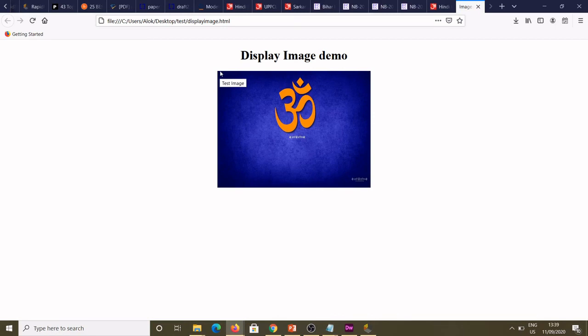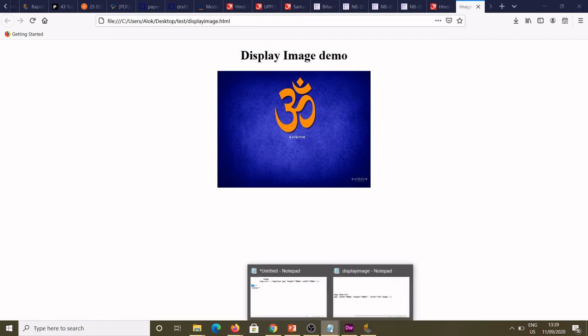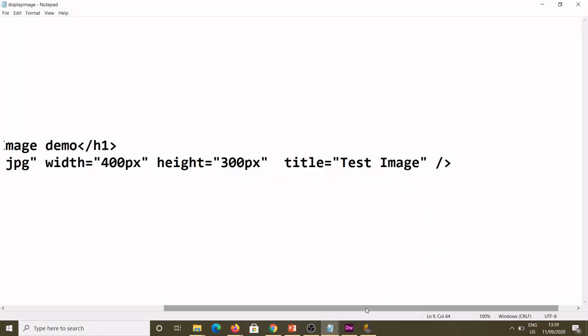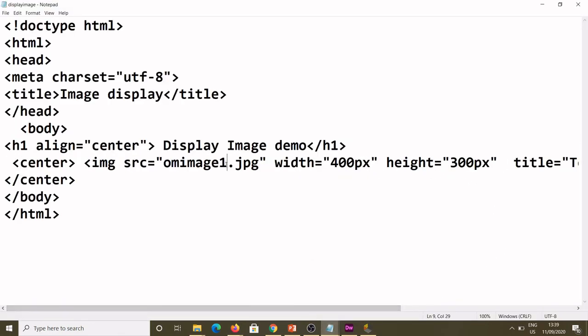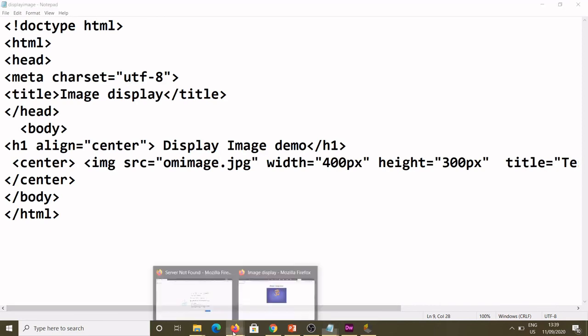Getting my point? So the title will come along with the image, but the alt is, if the image is not there, then only the description of the image comes. Okay, there is one more difference. If you write the title and the image name is wrong, then you see, with the image name wrong now, a box is coming, but the image is not coming.